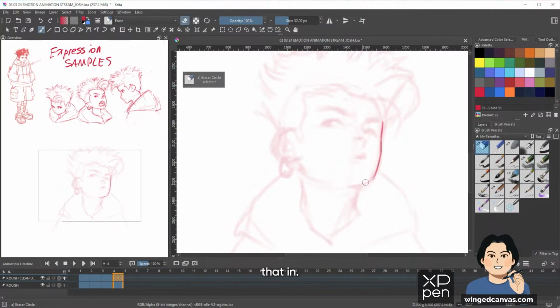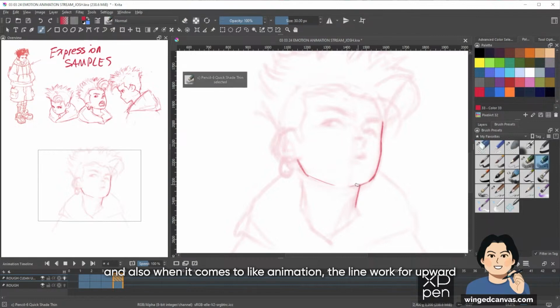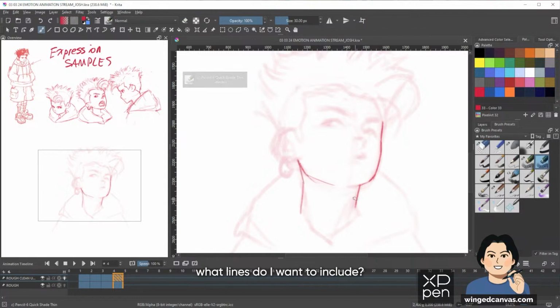Actually might not put that in. I'm just gonna tie this one together. Upward poses are always tricky. And also when it comes to animation, the line work for upward face angles is also kind of tricky, because it's like, okay, what lines do I want to include?